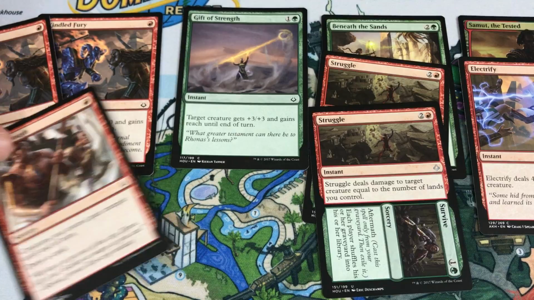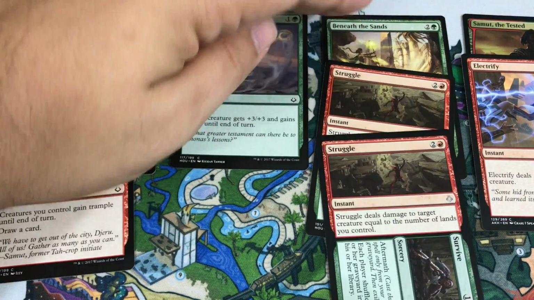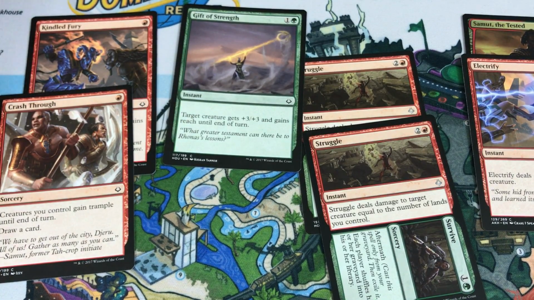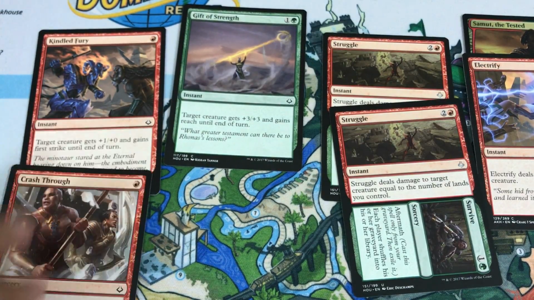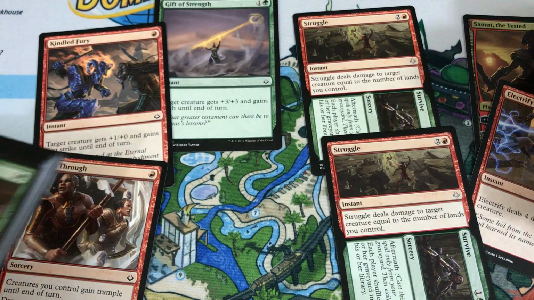Let's get rid of at least one of the Kindled Furies right off the bat. And we're definitely keeping those. Beneath this. Oh, Beneath the Sands can go. Yeah, because we're not doing anything color intensive. So I said 16, 17, 18, 19, 20, 21, 22, 23. There is our deck. When it comes to lands now,